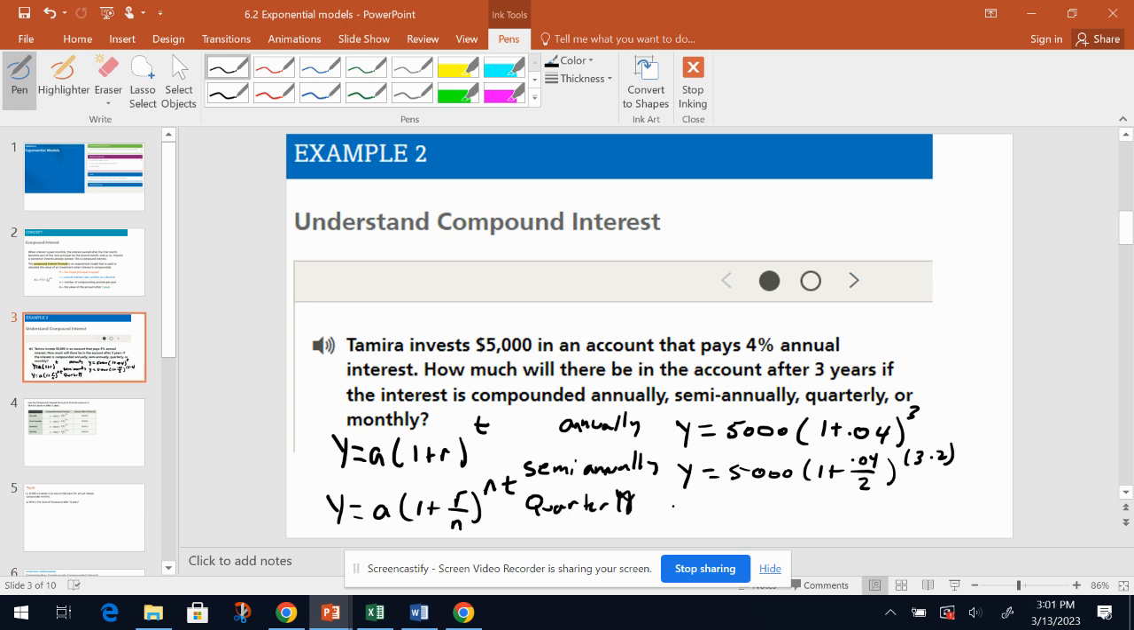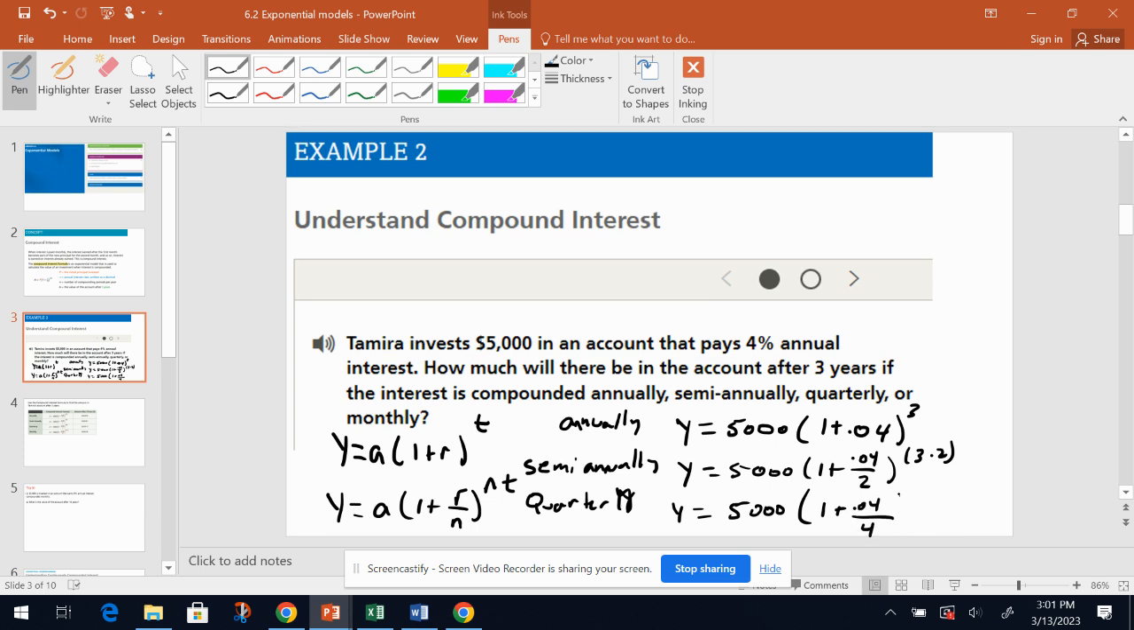Okay, quarterly, we should all know what quarterly means. Quarterly is 4, so y equals 5,000. That's still the initial amount times (1 + 0.04). That's still my rate, but we're going to divide it by 4, and we're going to raise it to the 3 times 4 power. Okay. So again, you're going to notice that all this stuff is almost identical. I'm just changing my n based on what I'm given, and the last one would be monthly,